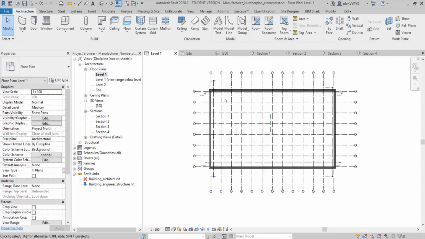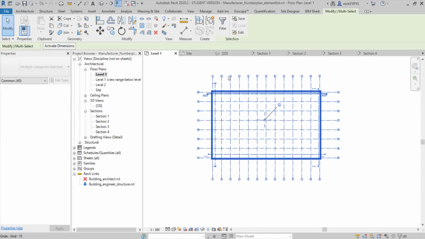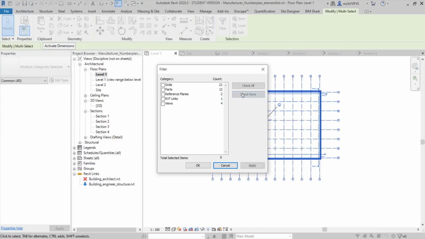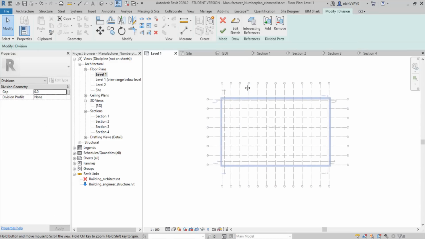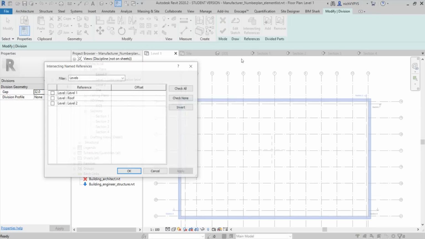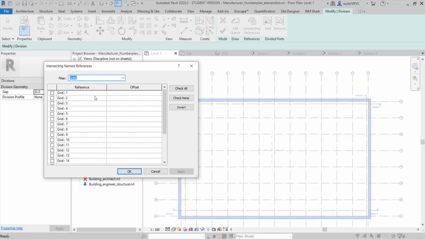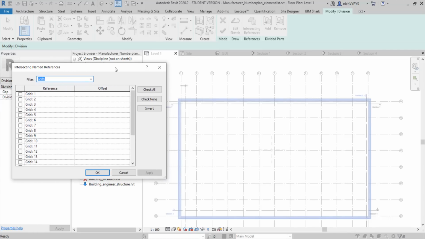the TTS beams. So now I want to split all the wall or the parts elements into different wall elements. So I select all the parts and divide them by using the grid lines that I have in my model. So instead of levels, I use grids, and I want to use all of the grid lines except